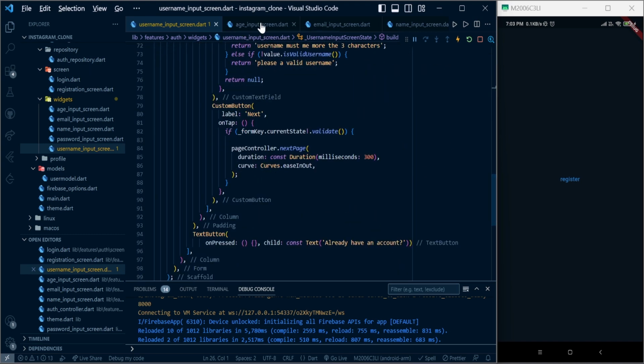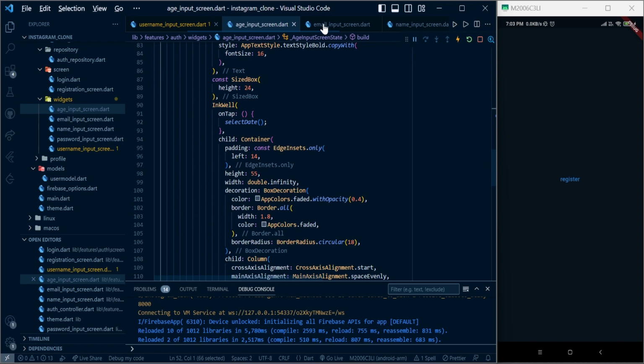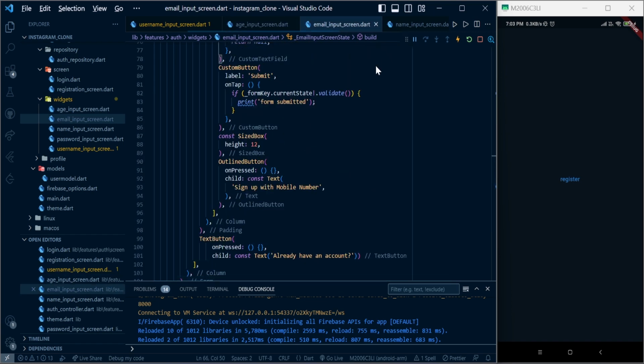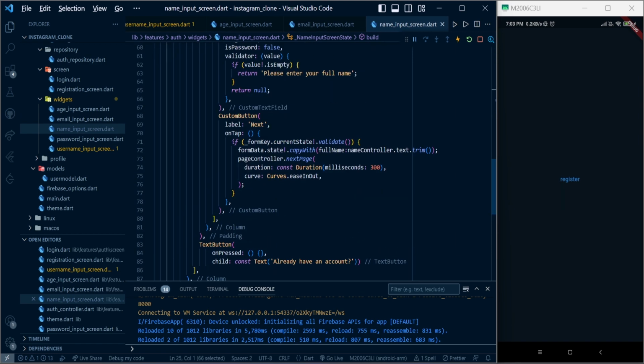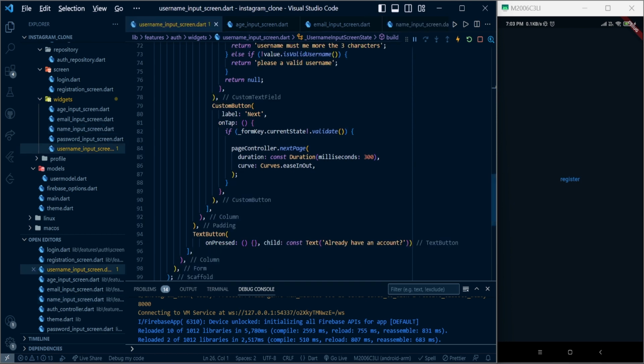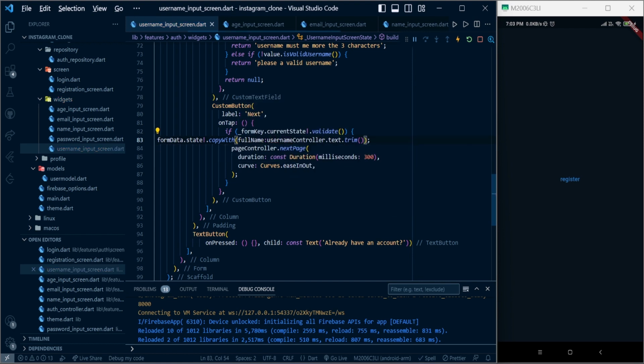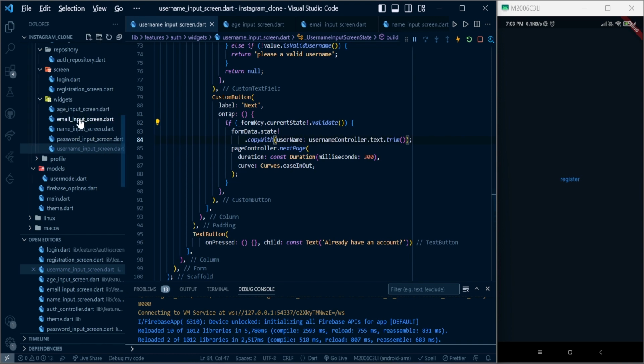And here do the same thing. We can do like this, like in the name input screen we are doing this thing. We can do the same thing here, and we can change this with the username, right? And we can write like this, and we can change this to username, and under the email